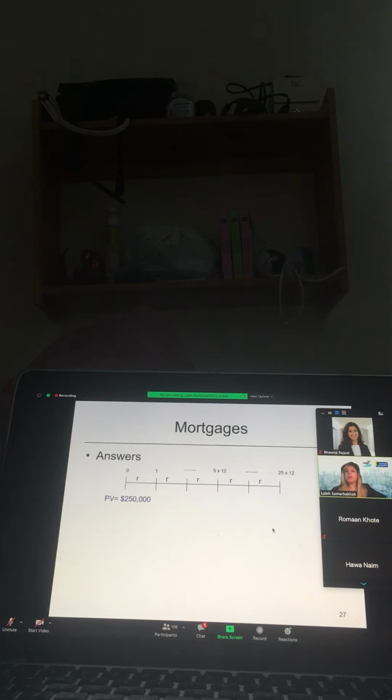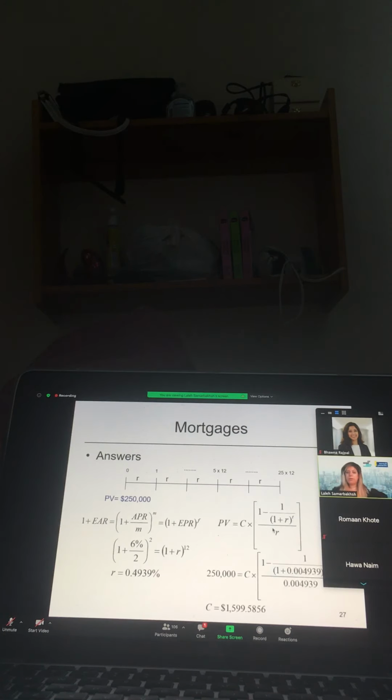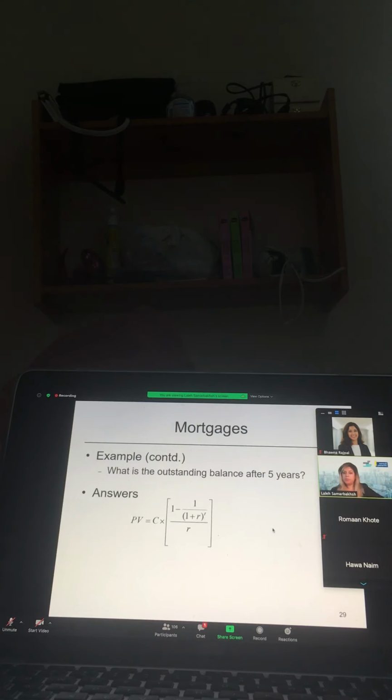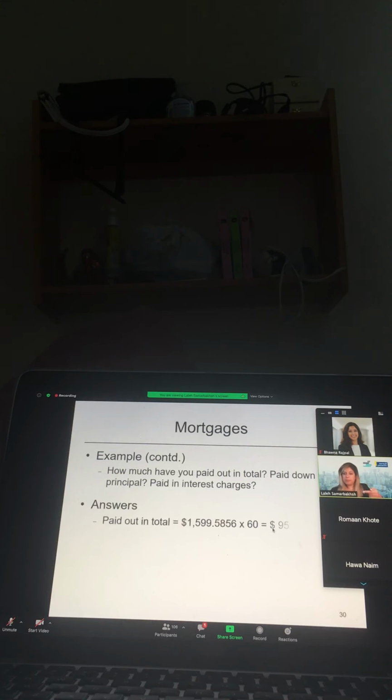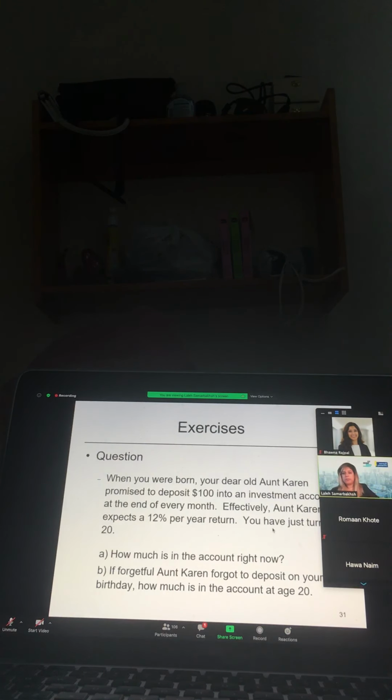We did different problems together. All of this we did in class. We finished a complete mortgage problem together and did some follow-up questions. What's the outstanding balance? We did all of this together, the interest charges and such. Then we get to where I wanted to stop. We had 3 more examples. So this is question 3. When I post the solutions, I'm going to post question 1, question 2, question 3, question 4, question 5.